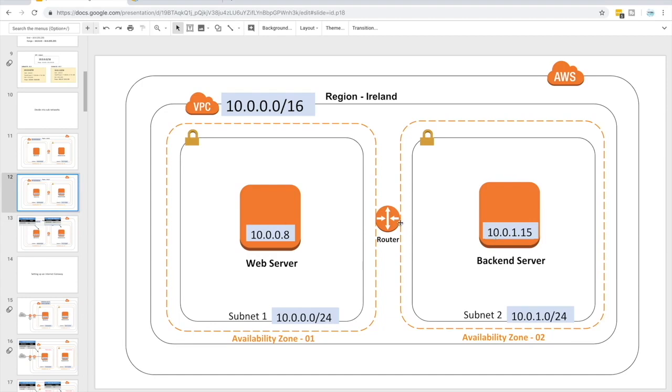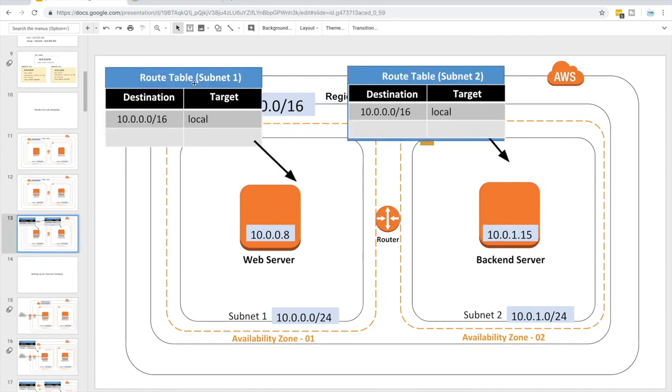And I told you this VPC router allows subnet 1 to talk to subnet 2. That is made possible by a routing rule in this VPC router. Let me show you that. Take a look at this route table that is associated with this VPC router. Each subnet must be associated with a route table. So that's another thing that you must remember. For example, you can see this subnet 1 is associated with this route table, and this subnet is again associated